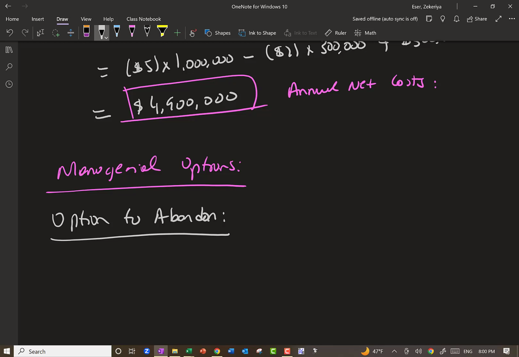Such options have value because if you abandon the project, you may not have negative net present value. We actually cover these in Finance 301, option to abandon, option to expand. You also have option to expand. If you see that sales were a lot better than you expected,